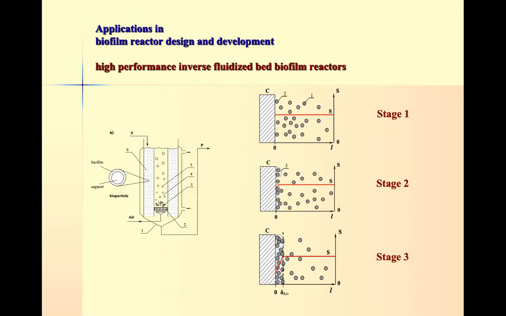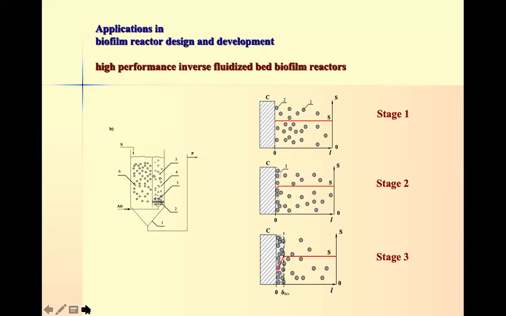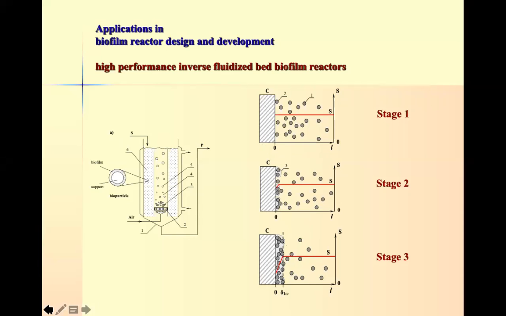You need to test outside, and then you can make a reactor like this. And obviously air supply is necessary so that they can be stable, and nutrient supply also necessary so that they can function for a longer time. The 7 stages I showed, they basically happen in the natural environment. So this is all for today, and maybe in the next class we shall discuss more detail about biofilm reactor design